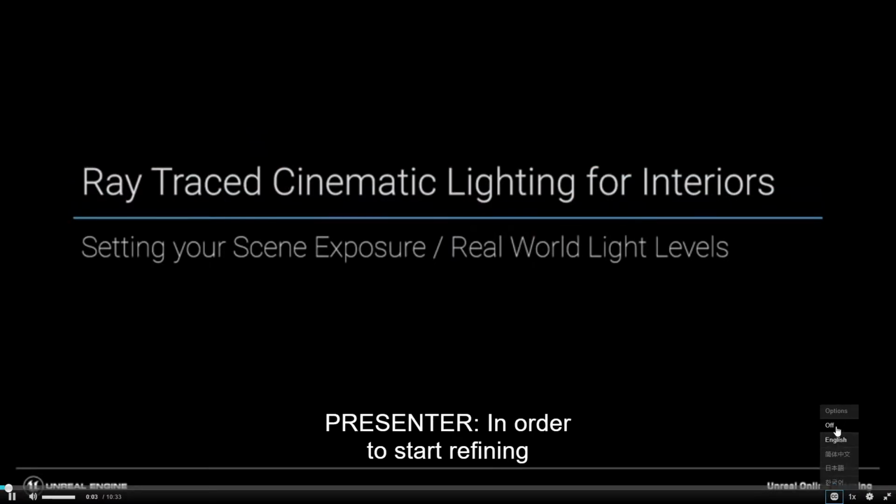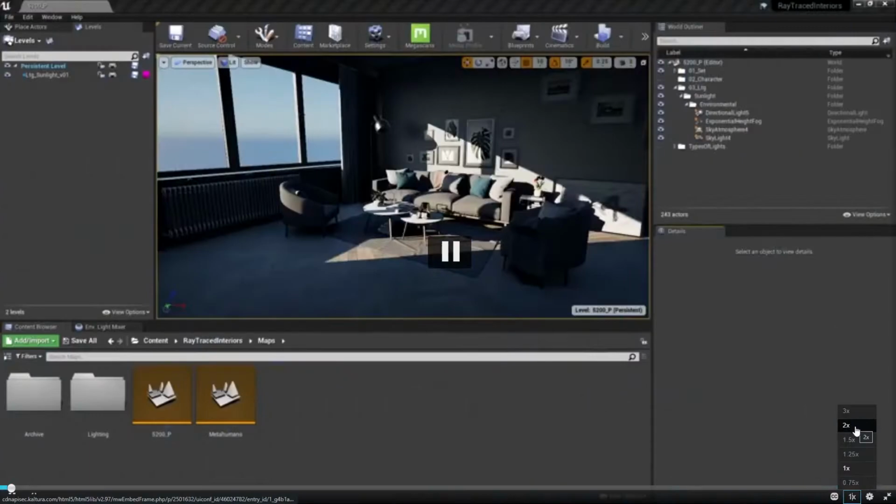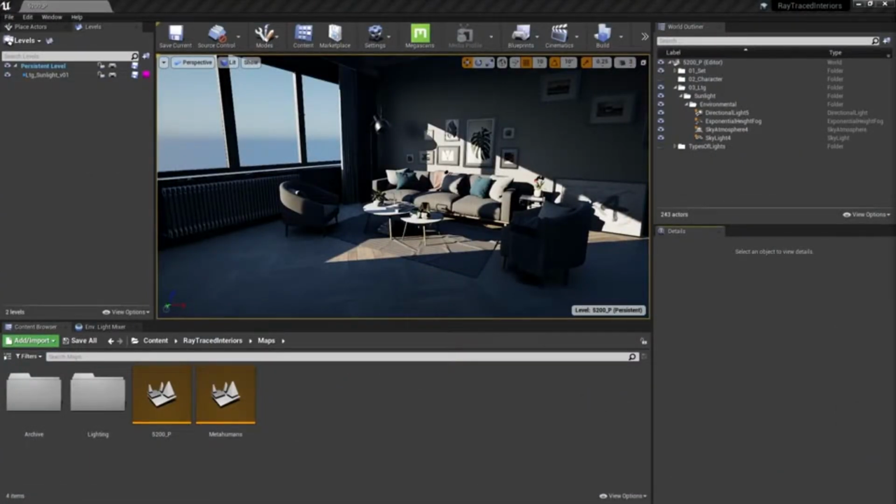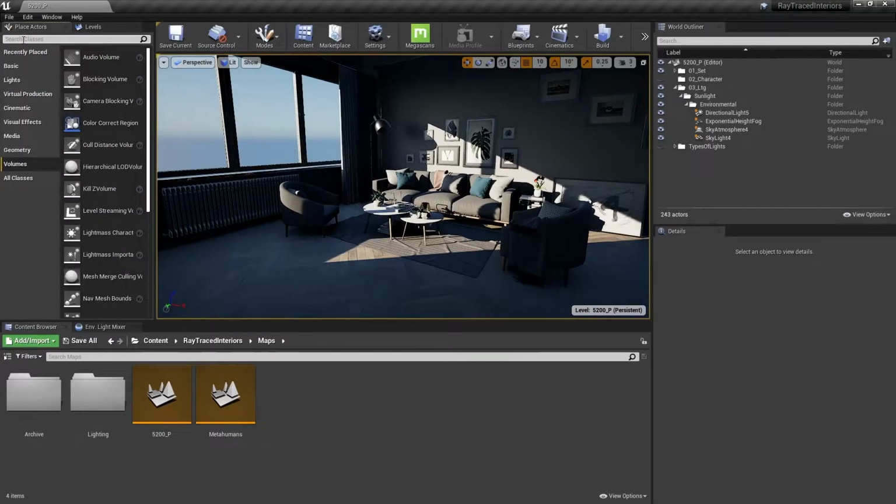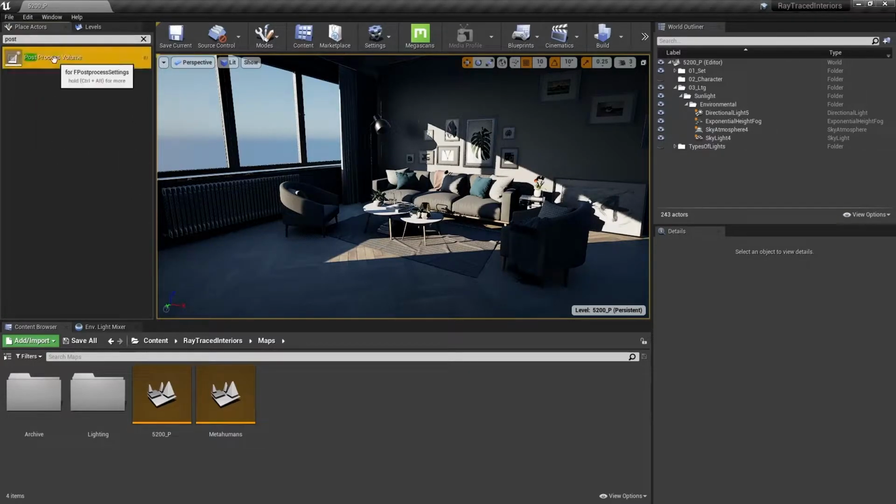In order to start refining what the actors in our current scene are doing, we'll need to use a post-process volume to set a few different settings up. We'll also use it to set the scene exposure and to take a look at some real-world photometrics. Let's create a post-process volume by just searching in the Place Actors tab here, Post-Process, and I'll just drag this